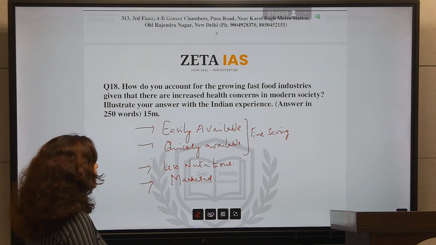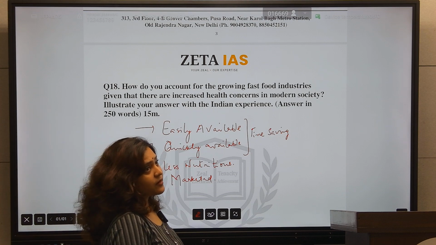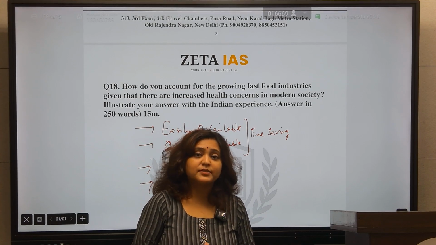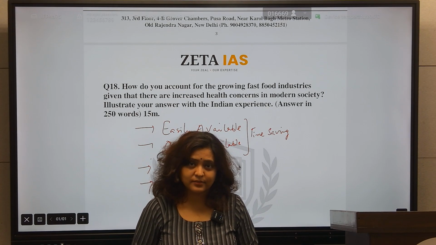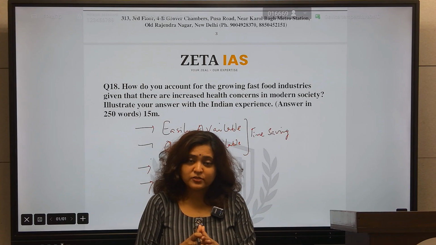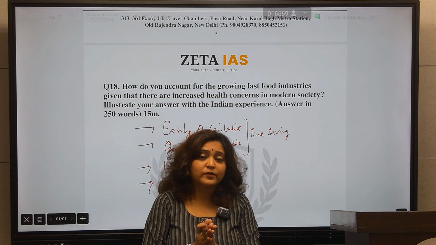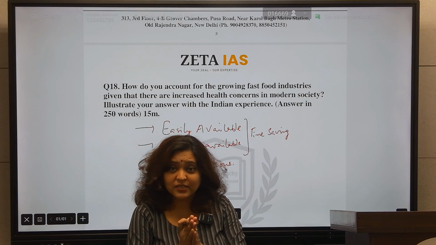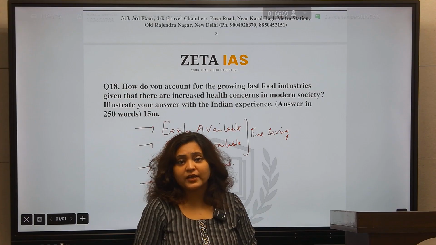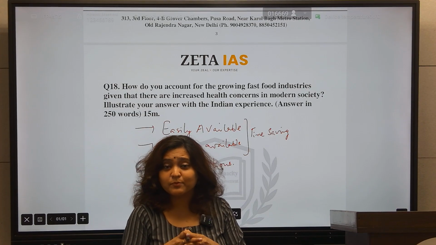If you talk about the fast food sectors, if you've read the news of late, a lot of discussion was done on the government deciding to tax Indian snacks, especially samosas and jalebis and vada paos, because it said that one samosa is equivalent to 9 rotis. So see the calorie count here. So with increase in the burden of lifestyle diseases, this is what the government is planning to do.